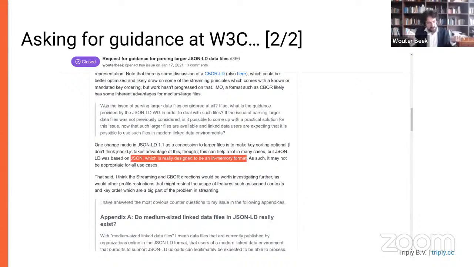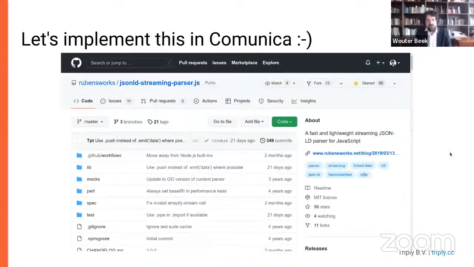We don't want that. We really want to be open to as many users as possible. So that's why I shouldn't have gone to W3C, but I should have gone to Comunica immediately, of course. So Comunica is working on a JSON-LD streaming parser. And already the name of the parser, the fact that it's streaming, already shows that the perspective of the Comunica community is very different from, unfortunately, most of the rest of the community. And I think the rest of the community will also get there, but I think Comunica is a little bit